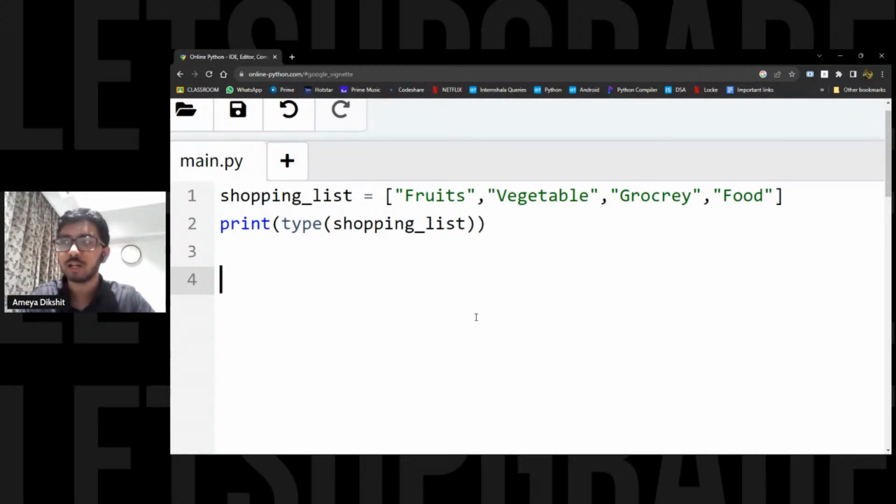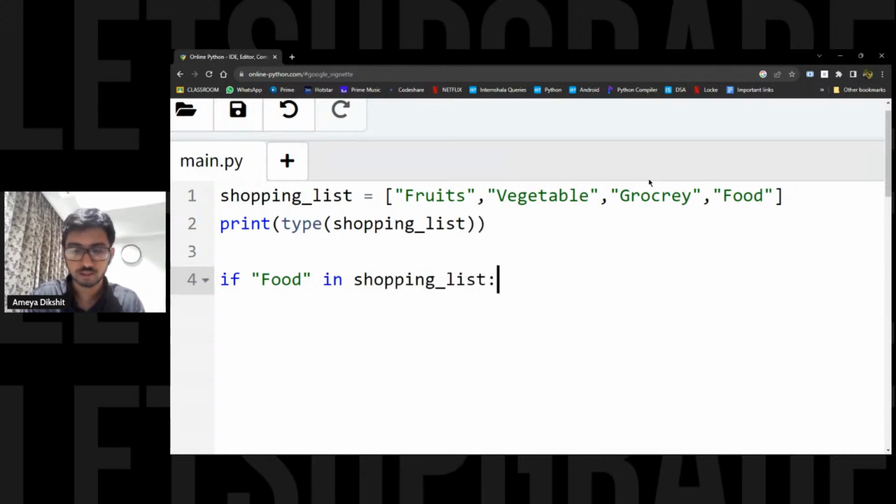Now, if we want to check whether an element is present in a list, then we can do so. For that, we can use if, then I will write the data. That is, if I want to check whether food is present in my list or not, I will write if, then the data, that is food, then I will use the in operator, and then the variable name, that is shopping list. After this, I will just enter some text like present. So what happens here is it will first check whether the food data is present inside my list or not. If food is present, then it will print present. If food is not present, then it will print